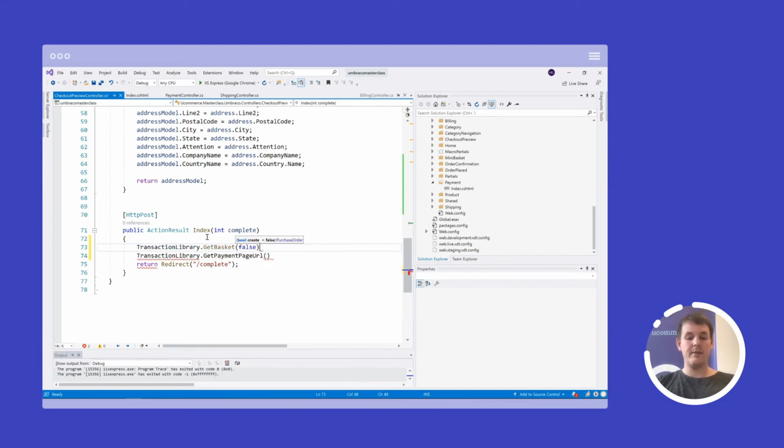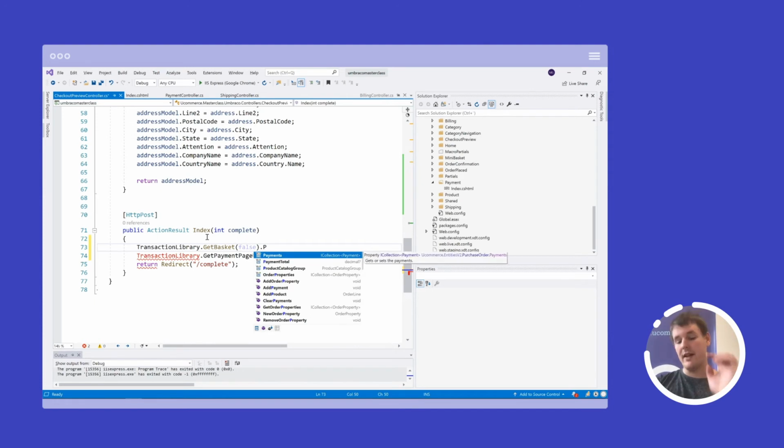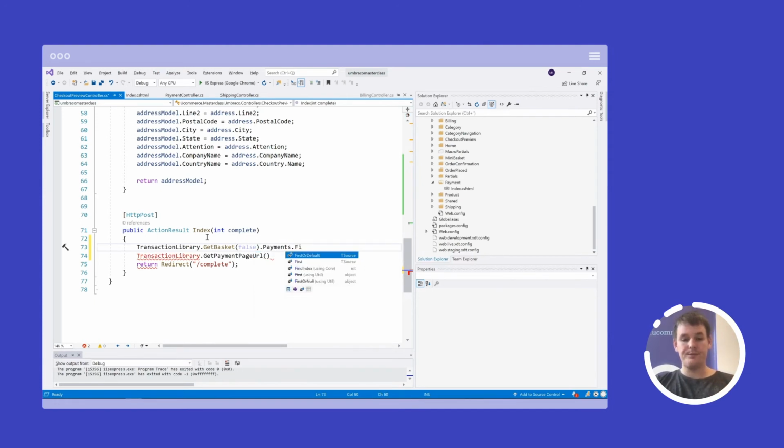So I'll just take the basket and I'll assume that we have a payment. So the UCommerce order supports multiple payments, like if we pay partly with account or user points or gift cards or whatever, those would normally also be considered a payment. In this case, we keep it simple and just assume we have a single payment for our order.